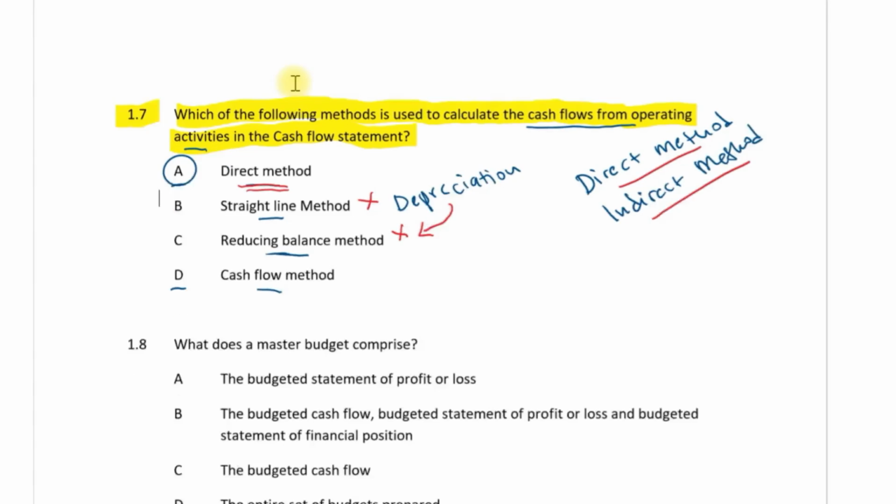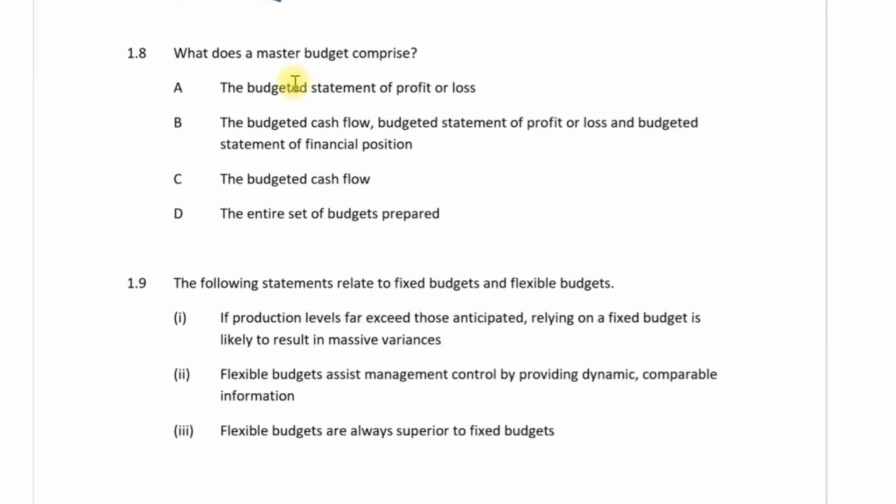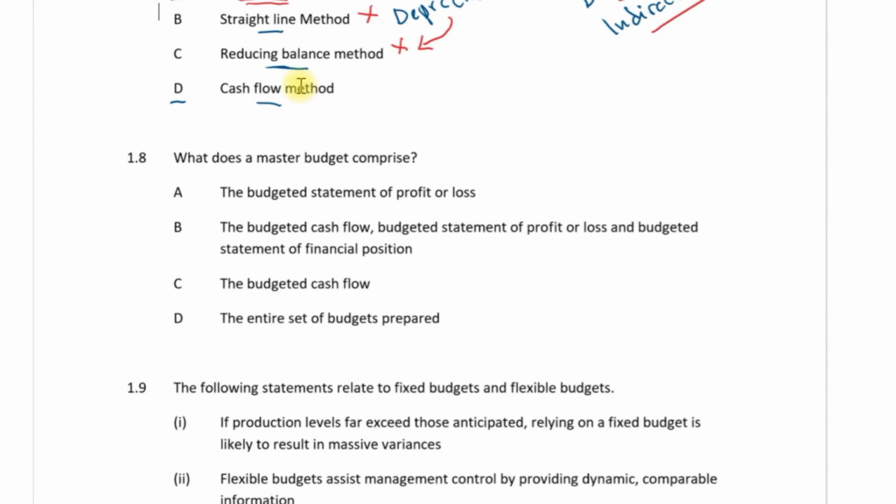Let's move on to 1.8. What does a master budget comprise? Master means someone who has everything, right? He's my master. He knows everything. Master comprises of everything. Master cassette, master CD. Master is like the best. It comprises of everything. Just by that illustration, you can even tell that here